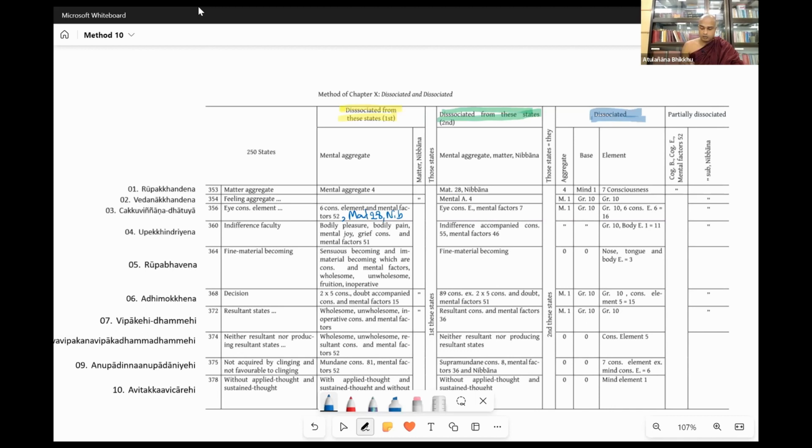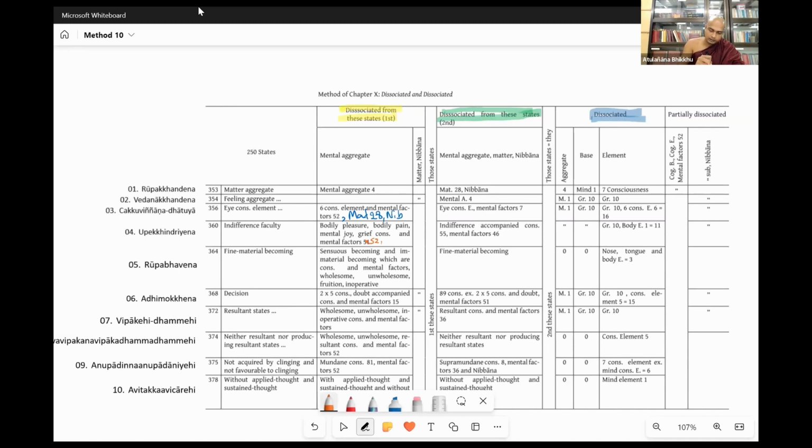I think it should be 52 mental factors. Yeah, here it should be 52. It should be 52 mental factors. Why? The reason is, generally, when you take the upekkhindriya, the upekha,